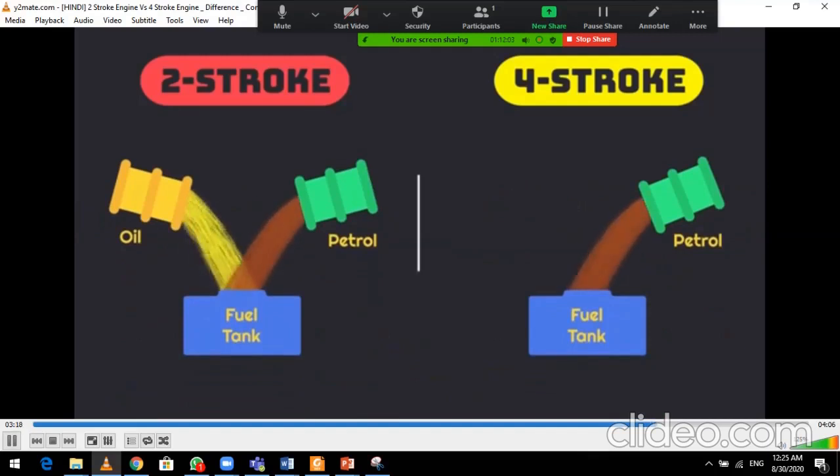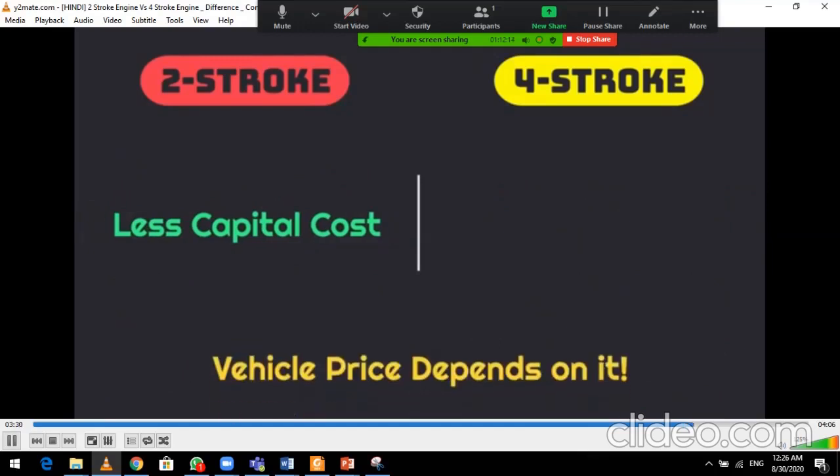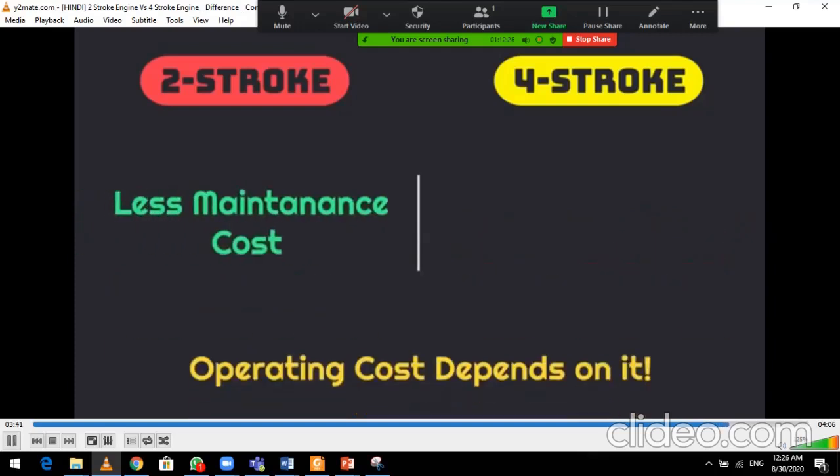अब बात करते हैं हैंडलिंग डिफरेंसेस की, तो टू स्ट्रोक इंजन वाले व्हीकल में फ्यूल टैंक के अंदर आपको फ्यूल के साथ ऑयल डालना पड़ेगा, जबकि फोर स्ट्रोक इंजन वाले व्हीकल में आपको सिर्फ फ्यूल ही डालना है। टू स्ट्रोक इंजन का मैन्युफैक्चरिंग कॉस्ट फोर स्ट्रोक इंजन से कम है, यानी कि मार्केट में आपको टू स्ट्रोक इंजन फोर स्ट्रोक के मुकाबले सस्ते मिलेंगे। टू स्ट्रोक इंजन का मेंटेनेंस कम पार्ट्स होने की वजह से कम आता है, जबकि फोर स्ट्रोक इंजन का मेंटेनेंस टू स्ट्रोक के मुकाबले ज्यादा होता है।